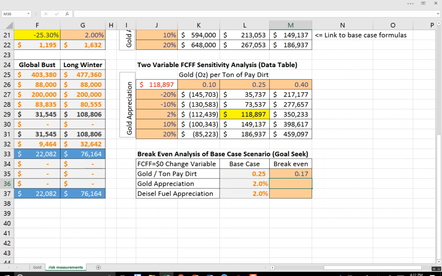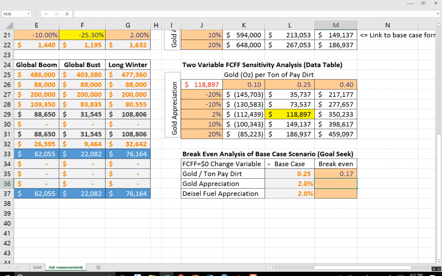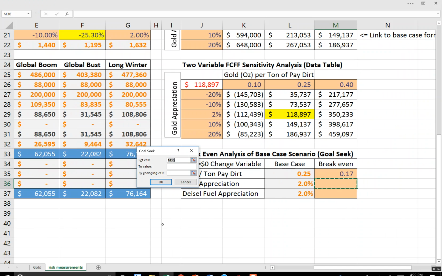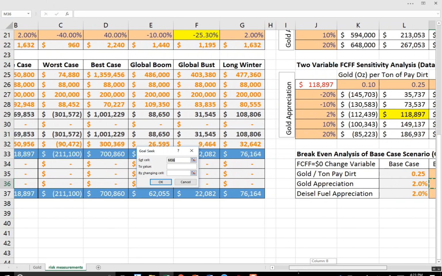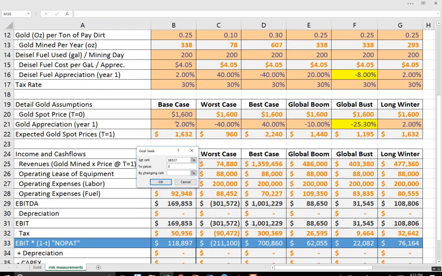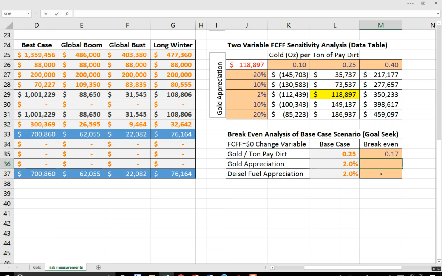Now, gold appreciation, we can do what appreciation or depreciation of gold will make us unprofitable. So I can do a data, what if, goal seek, set my free cash flow to 0 by changing gold appreciation. It looks like if gold falls by 29.45%, I have 0 free cash flows. I'm going to hit escape, and I'll just write that in there,